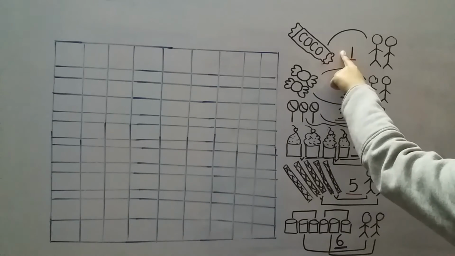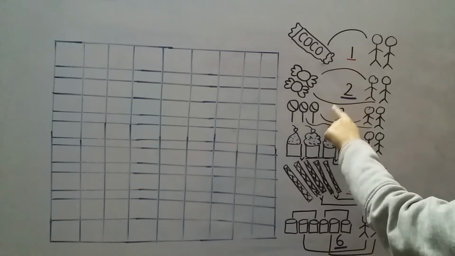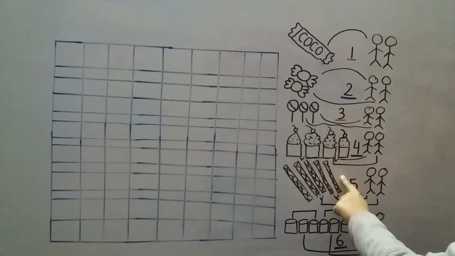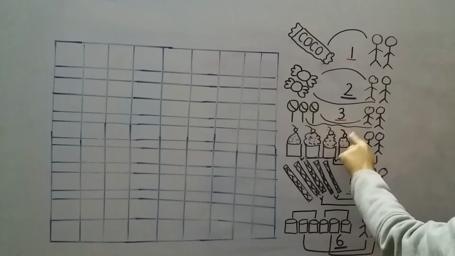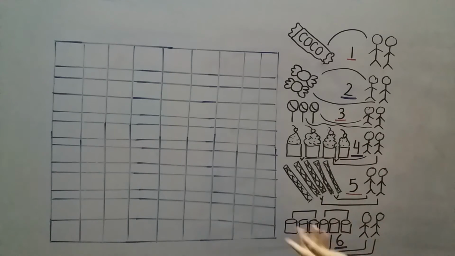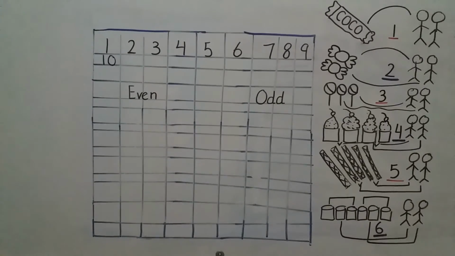Meaning 1 is odd and 2 is even. So 3 is odd and 4 is even and 5 is odd. Just odd, skip, odd, skip, odd, skip, and keep on moving till 10 or wherever your counting is leading you. I hope the activity was useful for you to understand. Let's move on to our work now. Now let's get on to our workbook page.